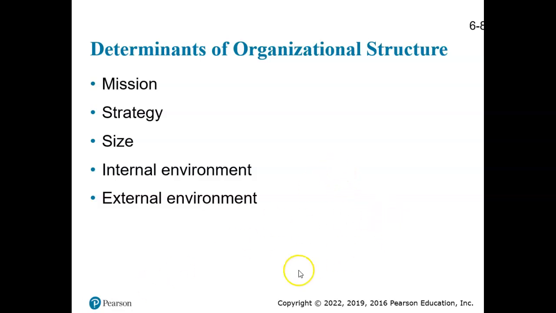Obviously company size matters. If you're starting up a little hot dog stand in Chicago, you might start with just you. It's a true sole proprietorship, just you and nobody else. You're the cook, you're the customer service person, you're everything. And that's not uncommon for a very small company. But as you grow, you have to think about how you're going to organize. So obviously that little hot dog stand does not look the same as McDonald's, which has an international organization and is quite large.